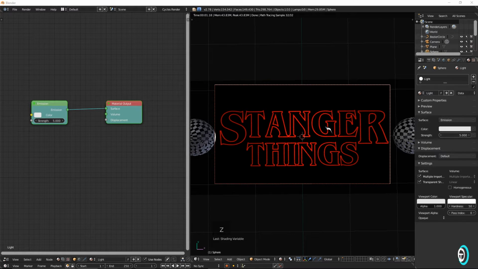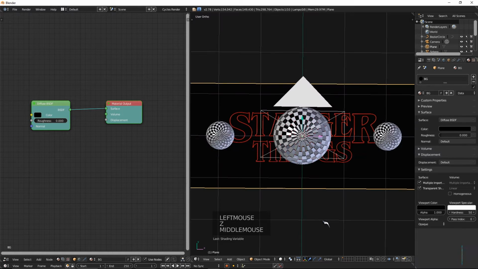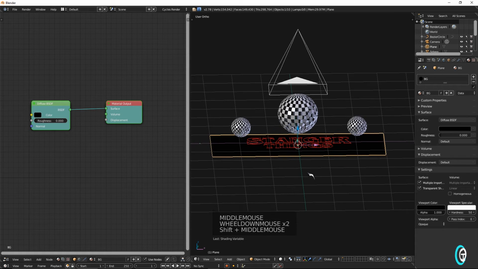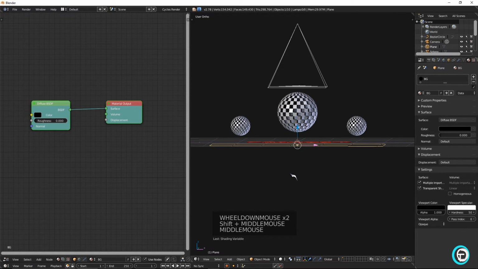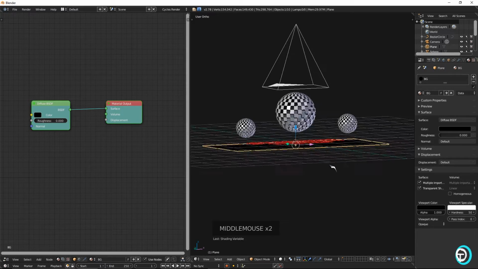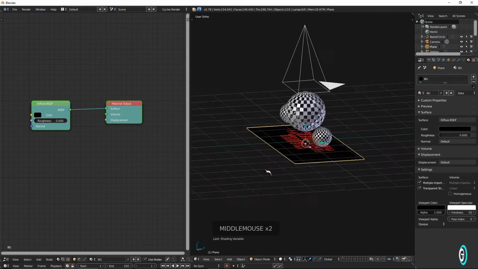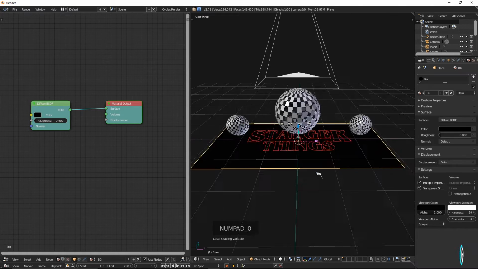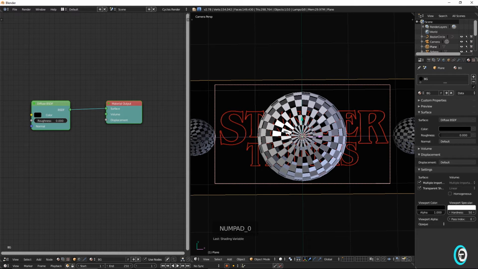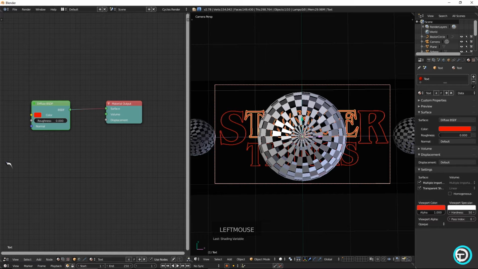So that's looking good. Let's go ahead and press Z again, and let's go back into solid. Let's come out of camera view, and let's just see how raised up that one is here. And I think that looks pretty good. So let's press 0 on our number keypad to go back into camera view, and let's click back on